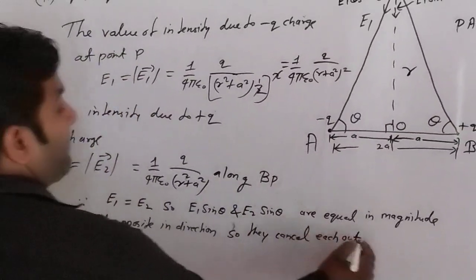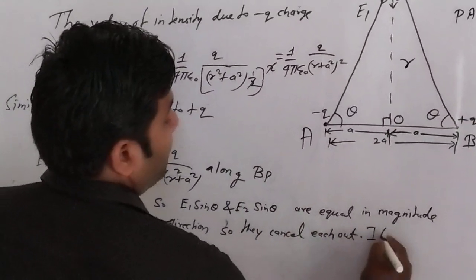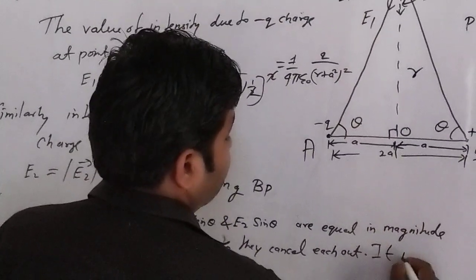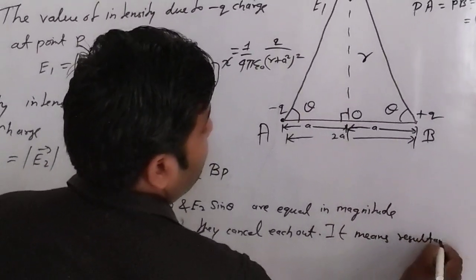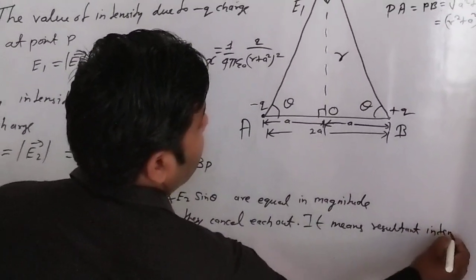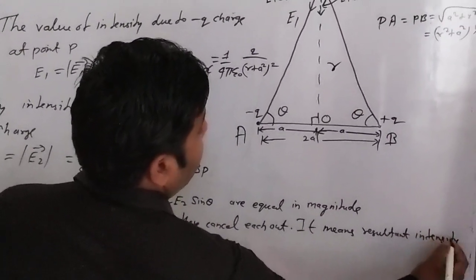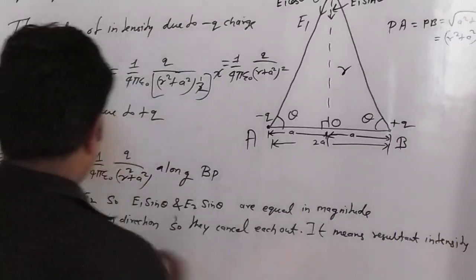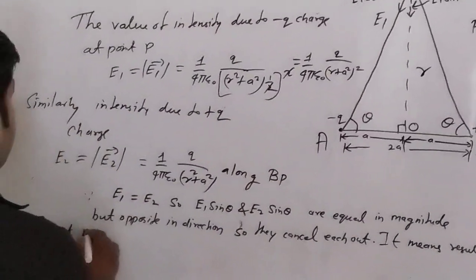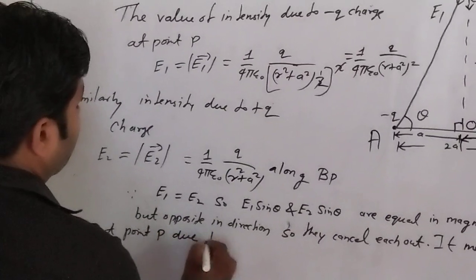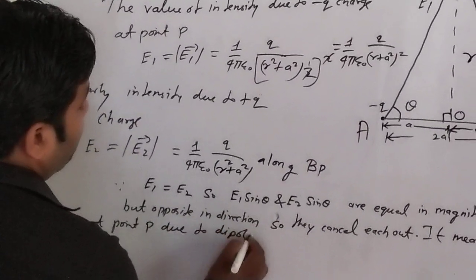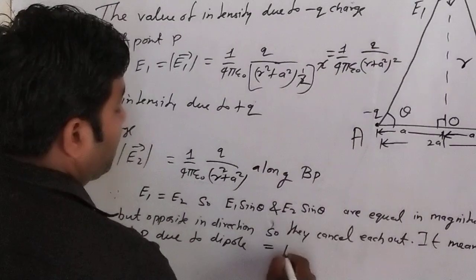It means the resultant intensity at point P due to the dipole is